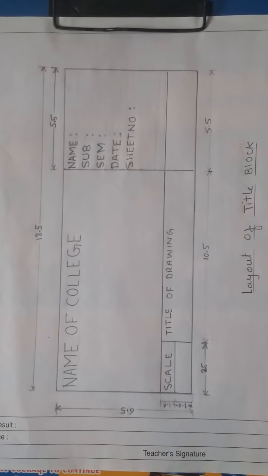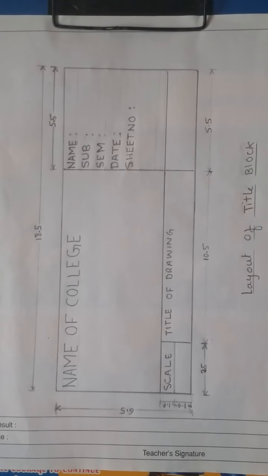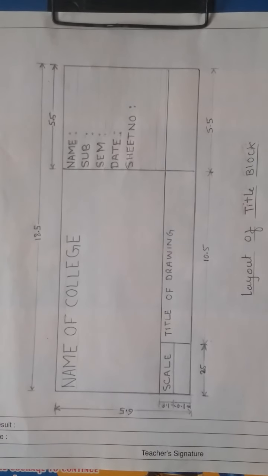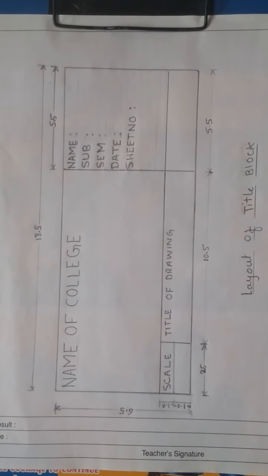Everyone, today in this video I am going to discuss the title block. Title block is an important element provided on the drawing sheet. It is used for recording and administration purpose. It is drawn on the bottom right corner of the drawing sheets. The title block consists of information like system of projection employed, scale of drawing, checked and approved date, title, etc.